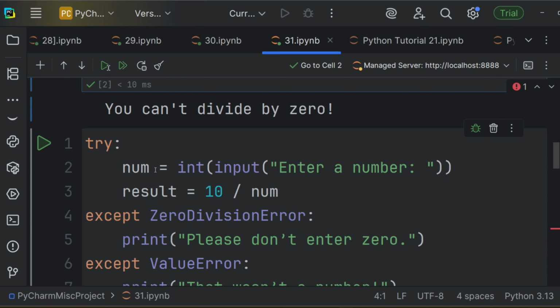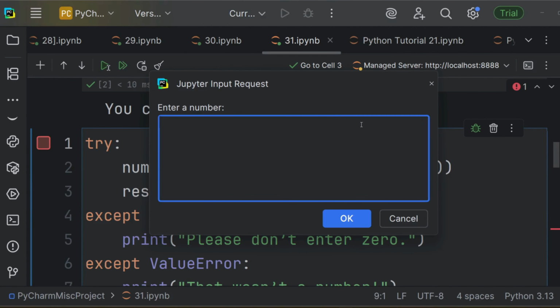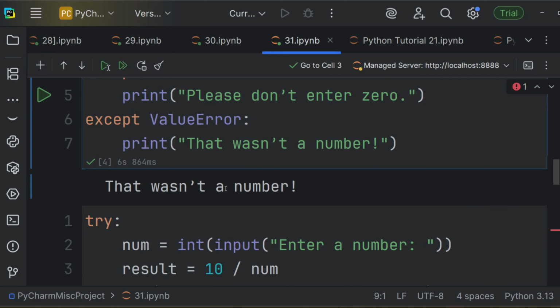So when we run it, it's asking us for a number. Let's use all the test cases over here. 0. When we click OK, it shows "please don't enter 0". Let's try to run it again. This time we will put YouTube and run it. It'll print "that wasn't a number". So the whole point of except is to not show the red marks to us. This code handles both bad inputs and division errors separately, giving your users clearer feedback and you better control.